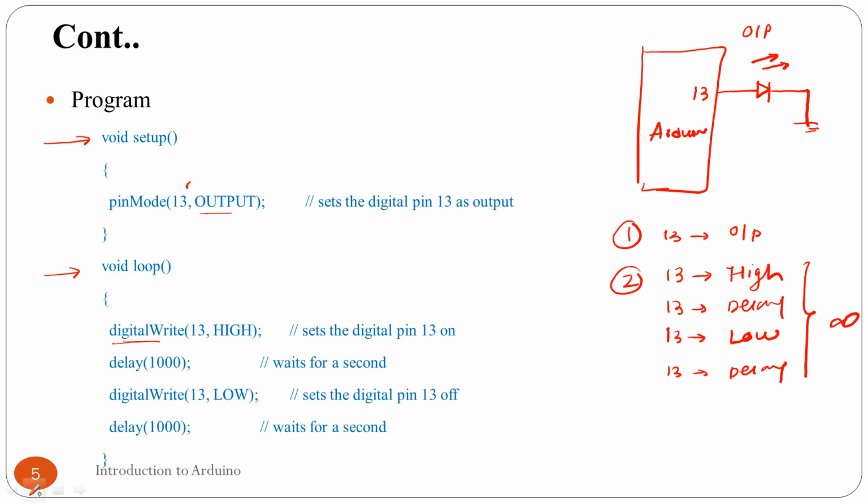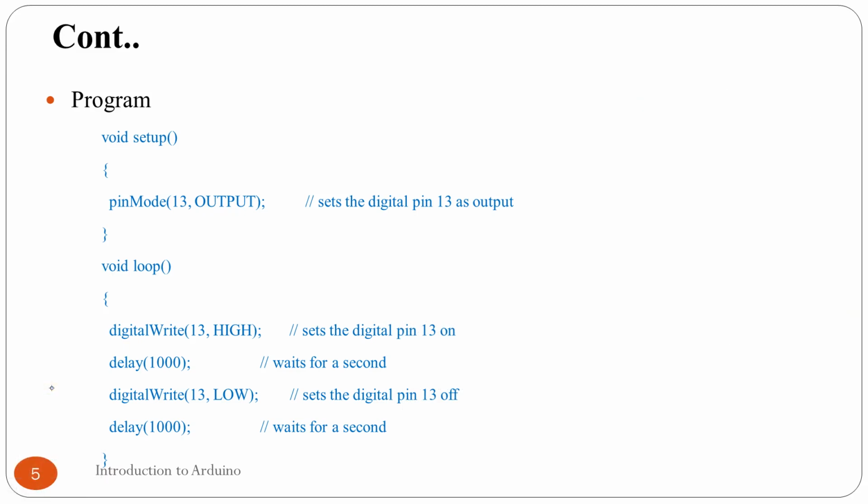What does it mean? For example, here delay is a function, digital write is also a function. For delay we may have 20 or 30 lines of program, but we have not written that in the main program. This is our main program. The delay program is written somewhere else, but we are calling it in the main program. Delay is an inbuilt function available in Arduino programming. Here we are not writing the delay program, we are just mentioning delay and 1000. Once we write delay 1000, it will call the delay program.